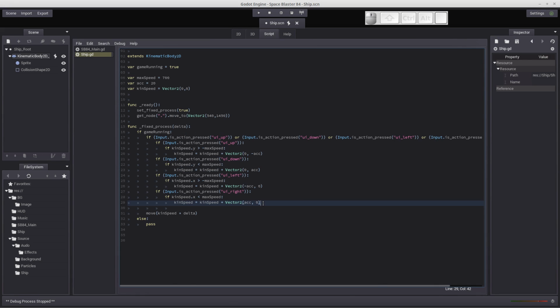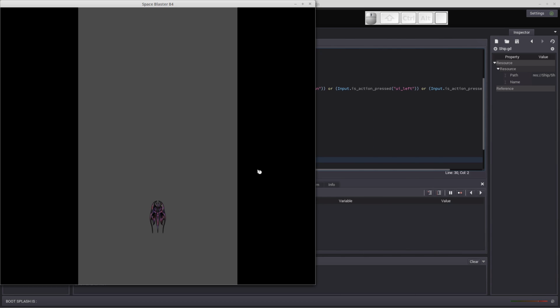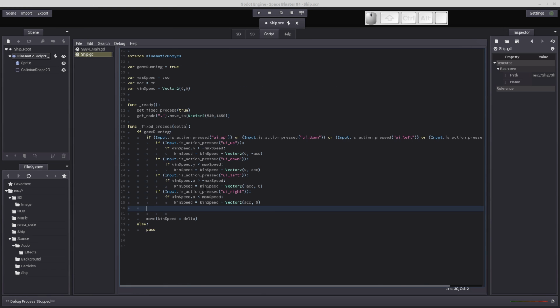All right. So that's if I'm pressing a key. But what if I'm not pressing any key whatsoever? The behavior, let me start this up again. The behavior is if I just press the up key and let it go, you're going to see the ship just continue to go up until it hits the edge of the screen and goes off. Well, I want a way to basically have it decelerate if I'm not pressing any of my keys. So that's why I have this check here to see if I'm pressing any left, right, up, or down keys. If I'm not, so